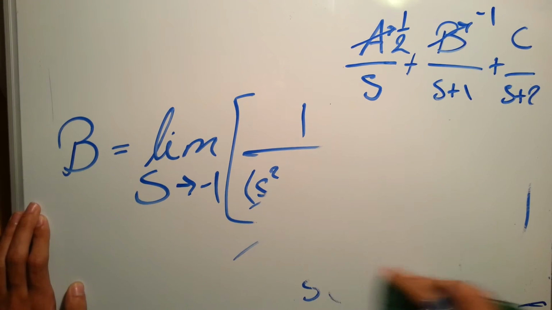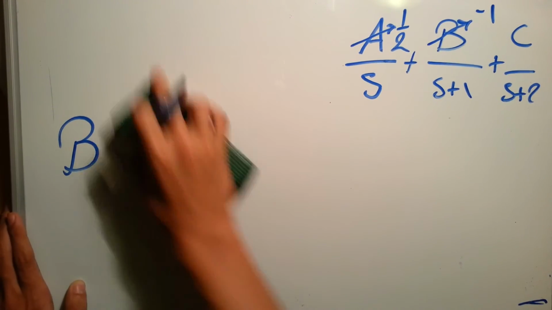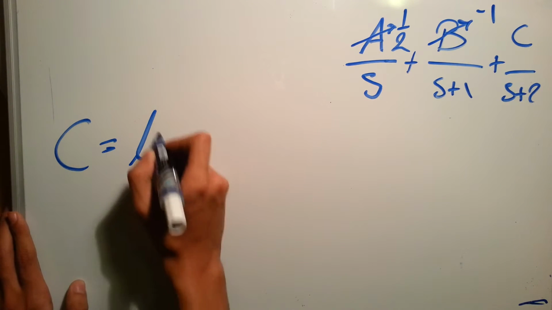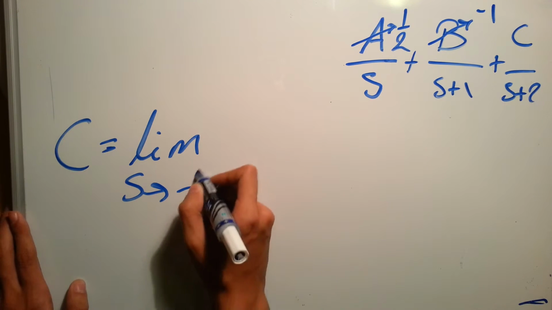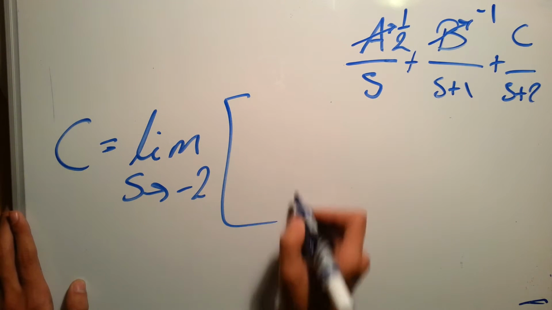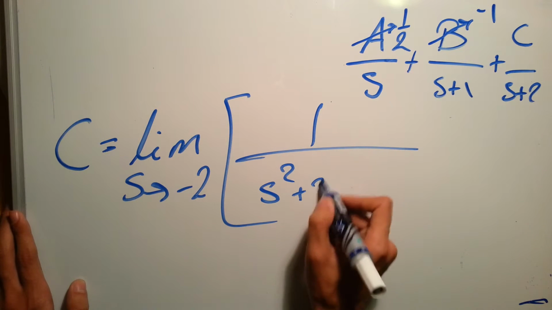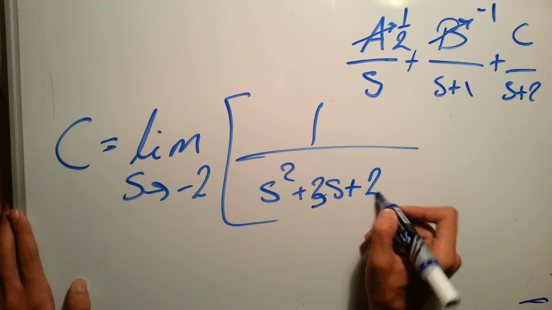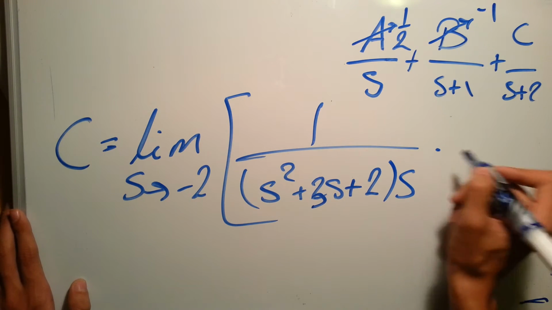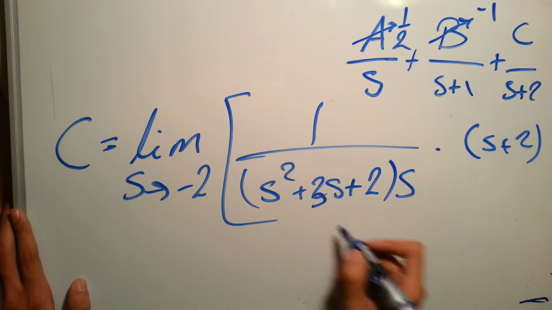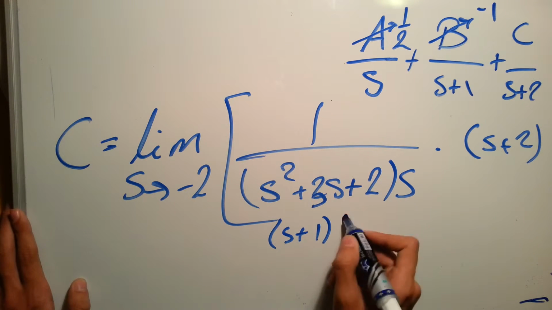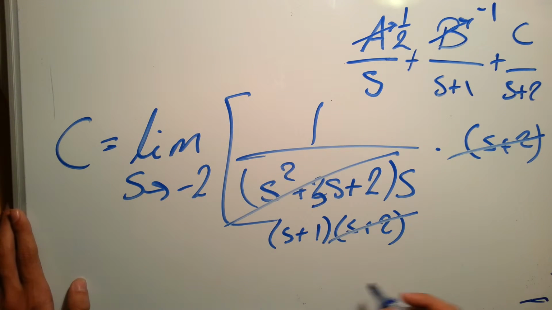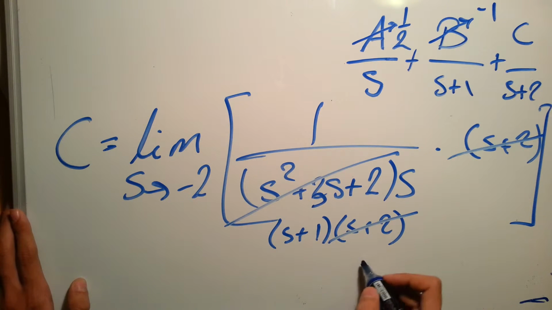Finally, for C, just to do the same, C will equal the limit when s goes to, yes, you've guessed it, minus 2, of 1 over s squared plus 3s plus 2 times s plus 2, as we said previously. This one is basically s plus 1 times s plus 2. So we cancel this one, cancel this with this, and basically end up having, I always forget this bracket,